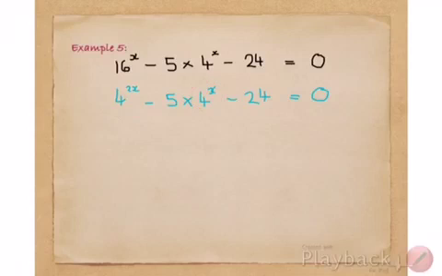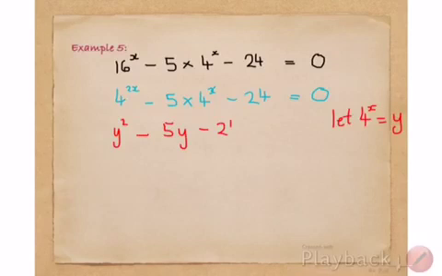So what I can do is I can let my 4 to the x equal to, we'll take a different letter, so we'll take y. So for 4 to the 2x, I'm going to have y squared minus 5, my 4 to the x becomes y, minus 24